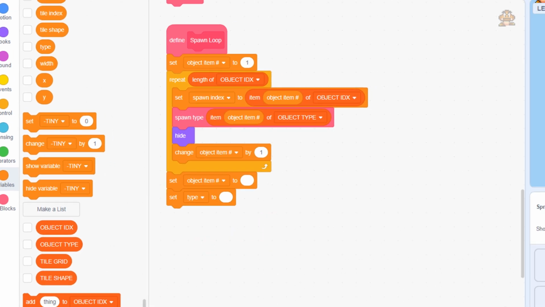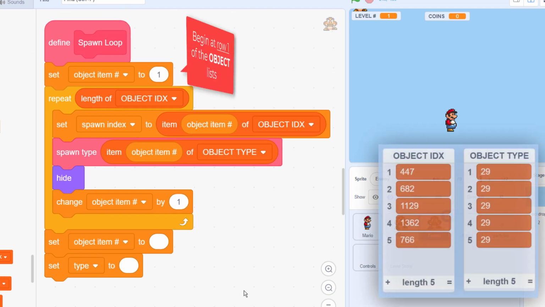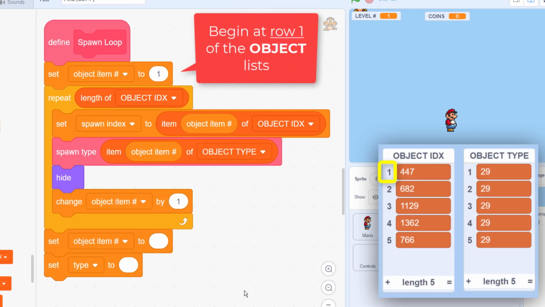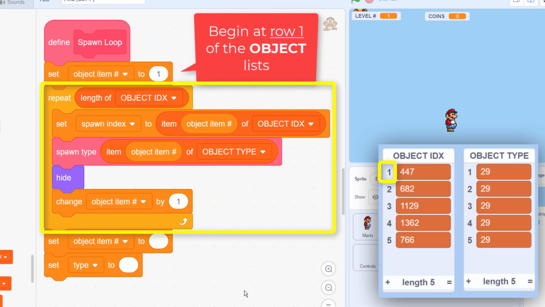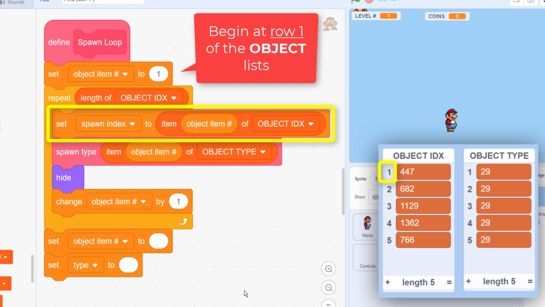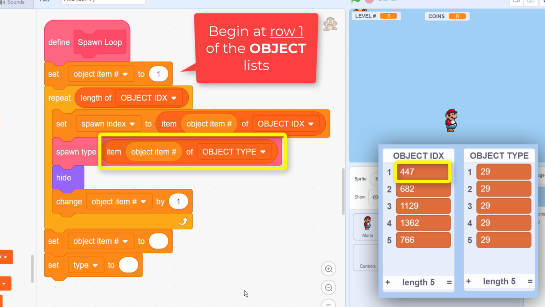Okay, here we go. We start with object item 1. As we enter this repeat loop, we begin by setting the spawn index to row 1 of the object index list. That's where we want the enemy to spawn. And we set the spawn type from the object type list. Then our spawn type custom block takes these two values and does the hard work of setting up and cloning